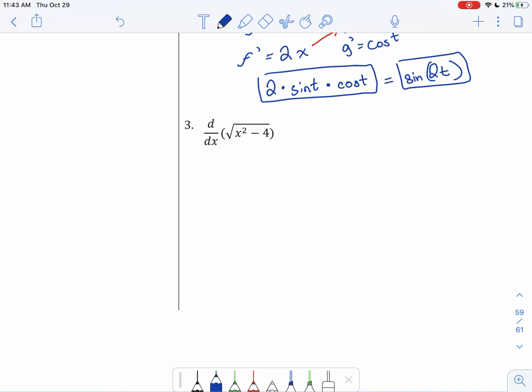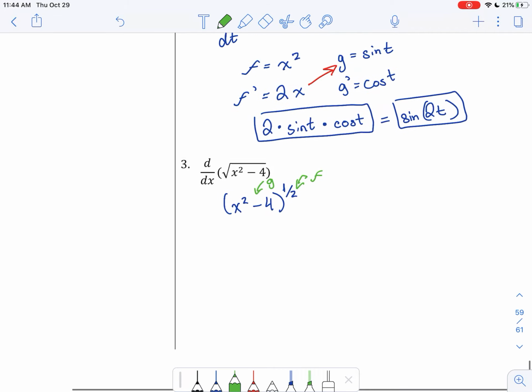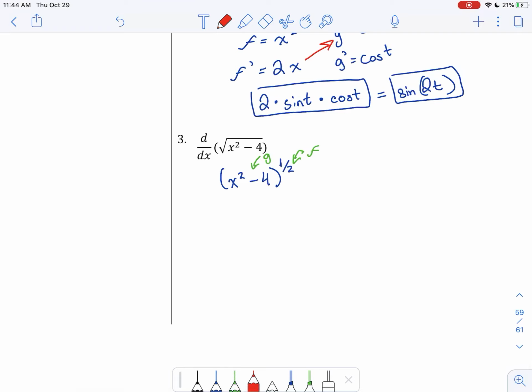Now let's look at one more example using roots that we see here. So again, I think it's helpful to rewrite it slightly so that I end up with x squared minus 4 to the power of 1/2, like so. Writing it like this means that we can use the power rule, and it's easy to identify inner and outer. So this is my inside function, so that's g, x squared minus 4, and then to the power of 1/2 would be the outer. Now you can keep writing out the table like this, but sometimes it might be easier to just say,